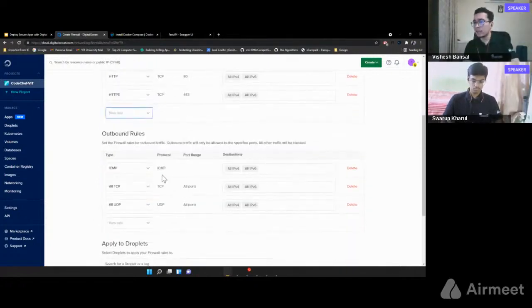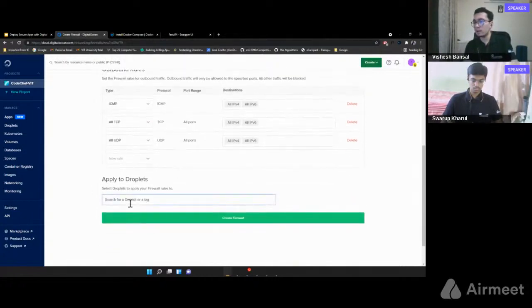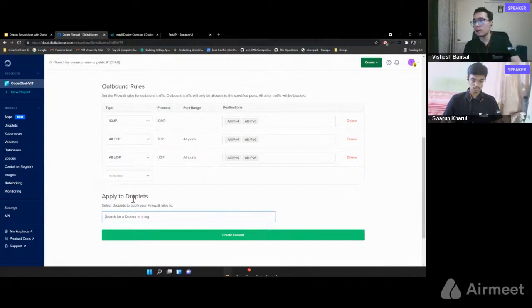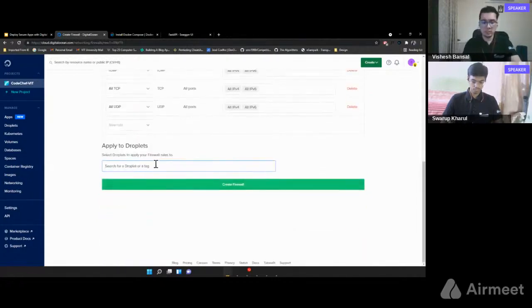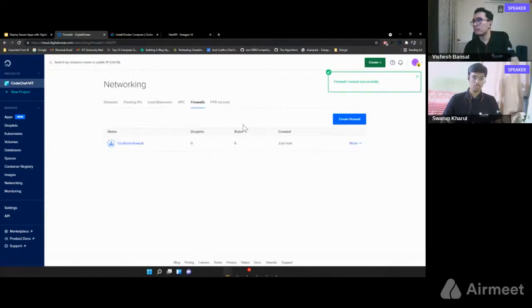And let's say I block ICMP, or we leave it for now because ICMP is used for connecting. And then we add a droplet. Since our droplet name was test, we'll just add test over here. And we see we've created a successful firewall, and we have 6 rules, which were basically all the rules we defined. So we're allowing 3 ports for inbound and outbound.